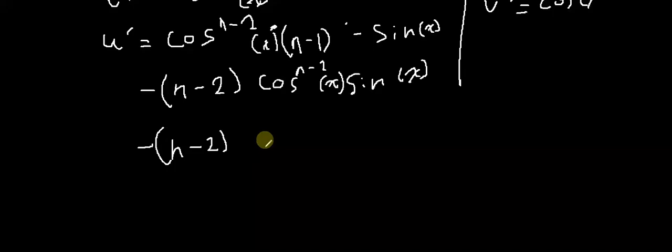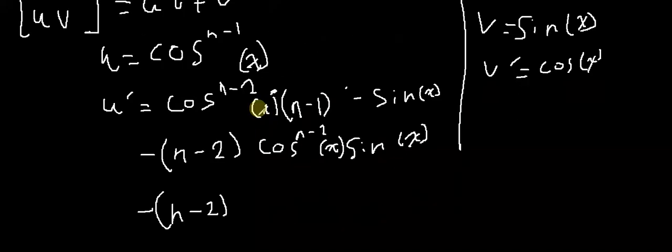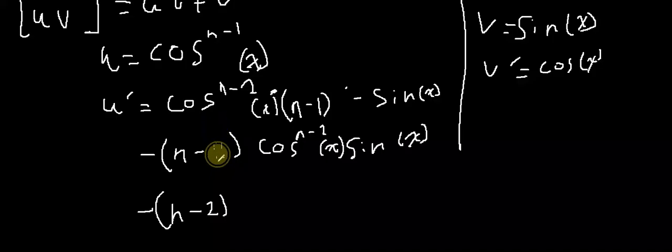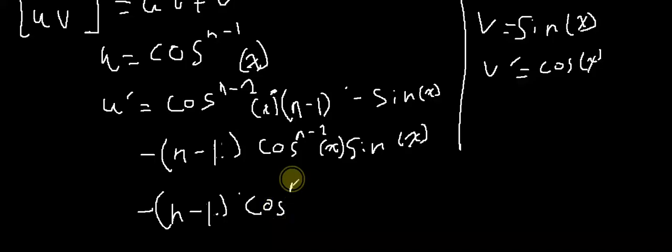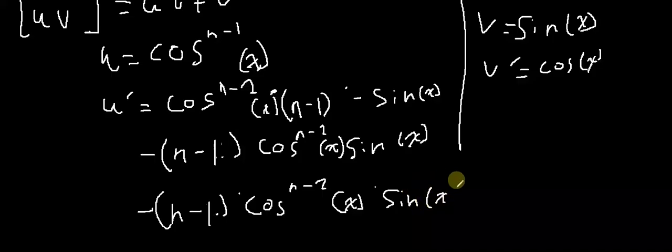Sorry, minus n minus 1. That's a mistake here. Let me just fix this. So it'd be minus n minus 1 times cosine to the n minus 2 of x times sine x times another sine x, so we can just rewrite this as sine squared x, plus